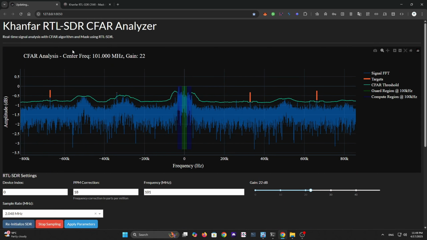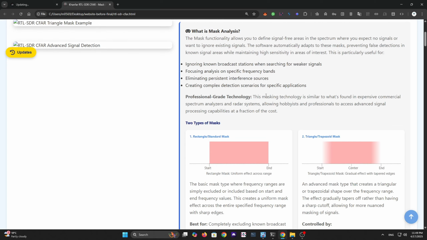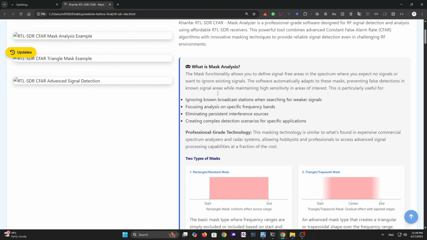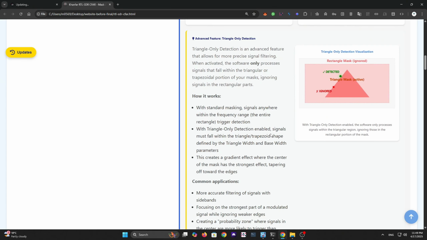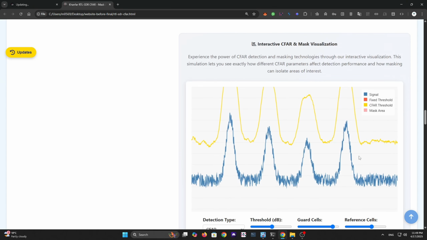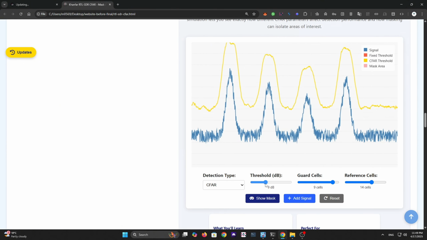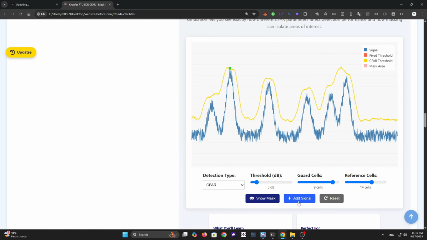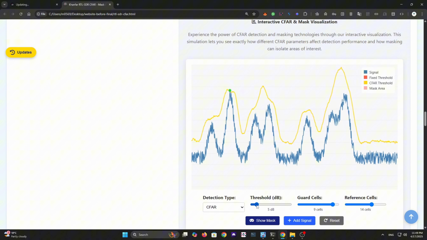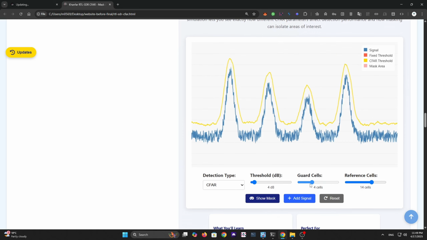Let's go to our website to understand the concepts of CFAR and masking technology. You can see the signals in the blue lines and the CFAR threshold in the yellow lines. The threshold is dynamic, based on the signal spikes in the spectrum. When I increase the CFAR threshold, look what's happening here. And when you change the guard cells and the reference cells, you can see how these affect